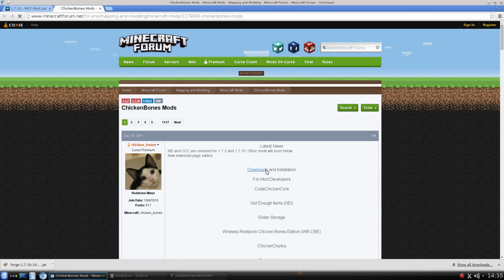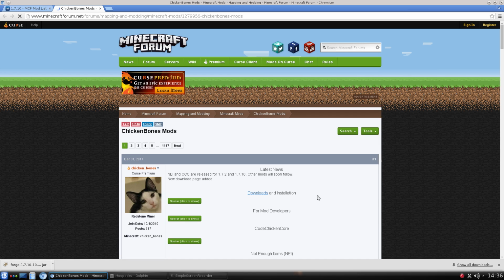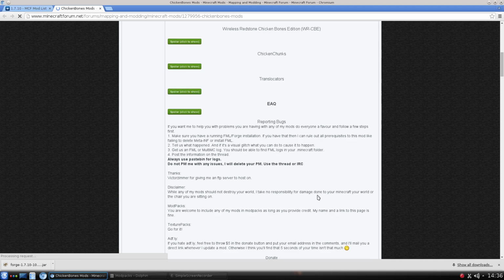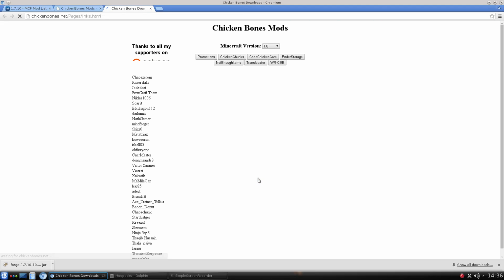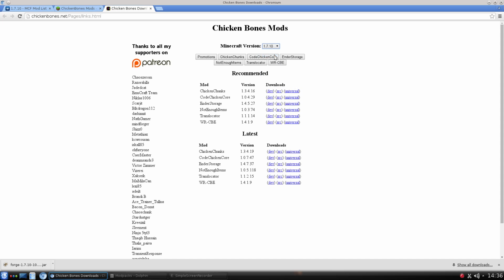We want to go to the downloads and installation area. Anything that you might have here, he's going to talk about the mods, any information more you want. It's a great resource to look at, but we just want to go ahead and go to the downloads area. We want to make sure we choose what version we're running, so we want to go to 1.7.10. And you'll see that he has a lot of options here. Now, if you want to go with the safe mode, you can go with the recommended